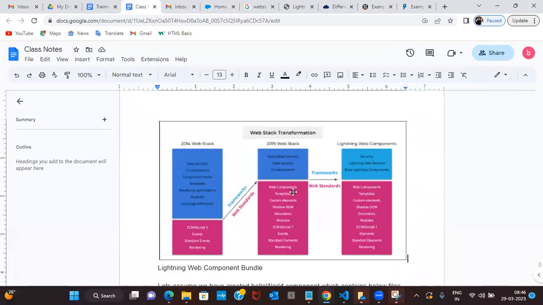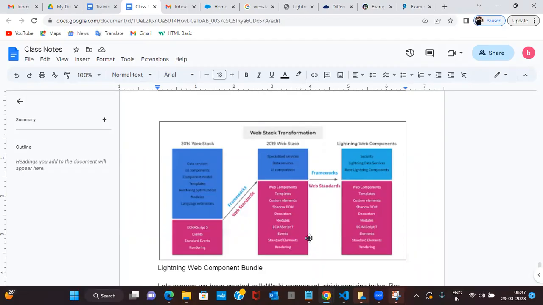They came up with a concept of web components. Whenever there are web components, that means you can create some components, and we will render the components. Our browsers can support and understand whatever components you have written. But they have also come up with the concept of decorators, templates, and shadow DOM. Whenever all these concepts came to the web browsers in 2019,